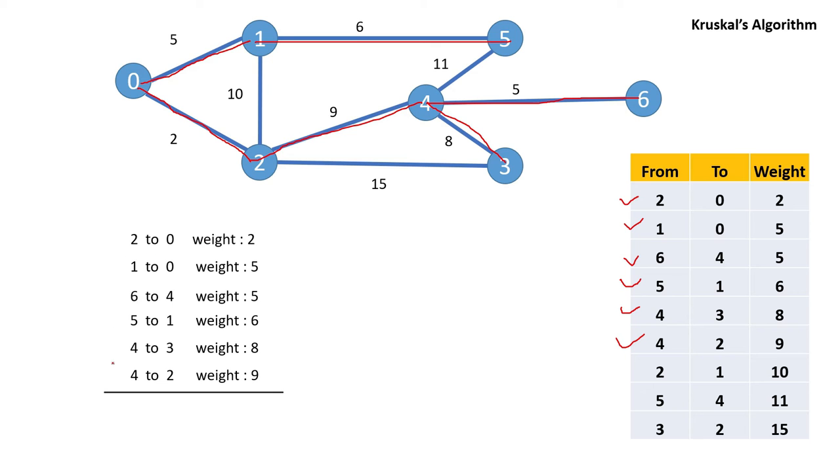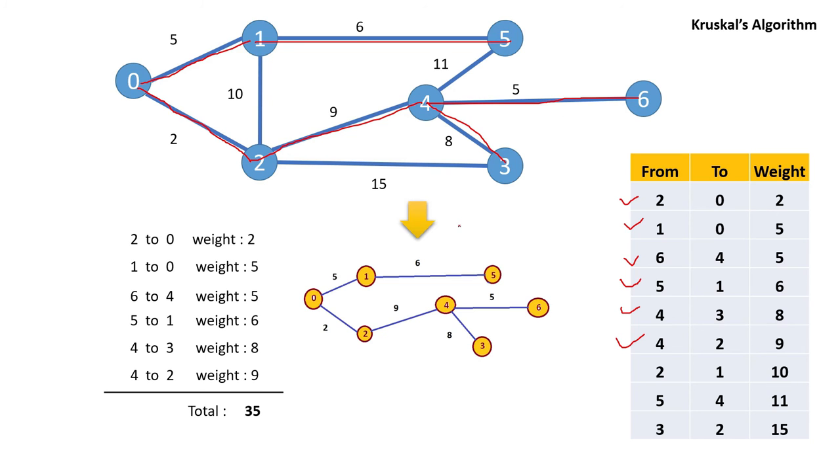spanning tree. So if we calculate the total weight, or the sum of all the weights which we have just found, it is 35. So you can't find any other path which connects each and every node and whose total weight is less than 35. Okay, so this is the minimum spanning tree. Now if I take it out of there and print it, it will look like this. So this is the way we have to find minimum spanning tree using Kruskal's algorithm.